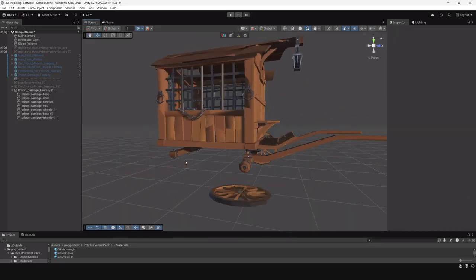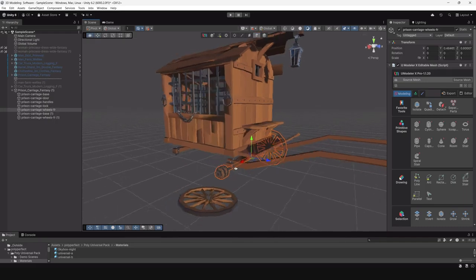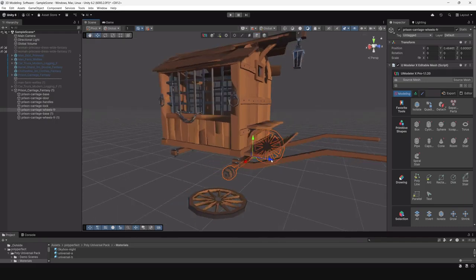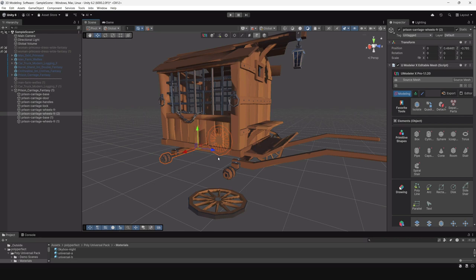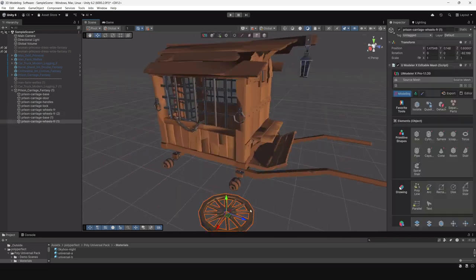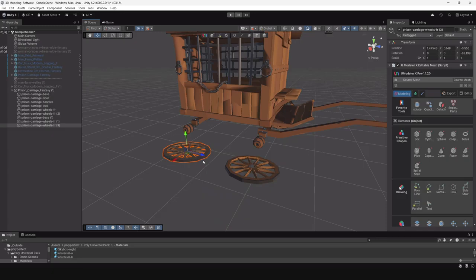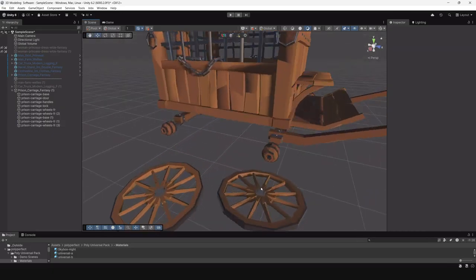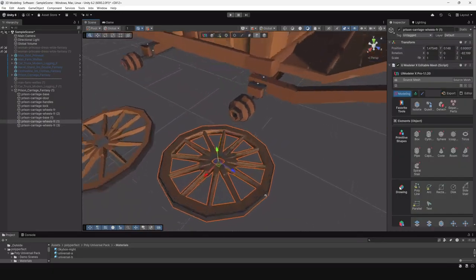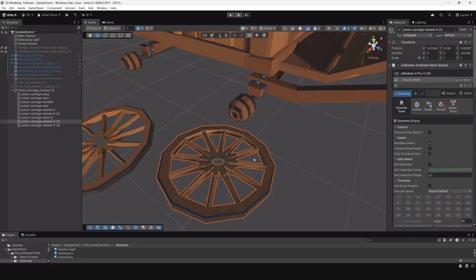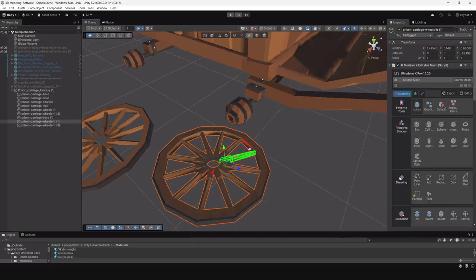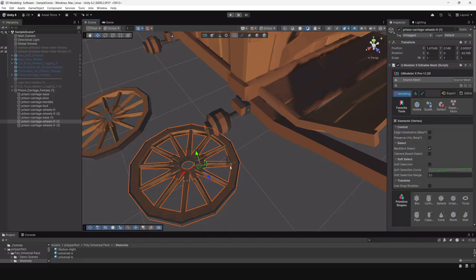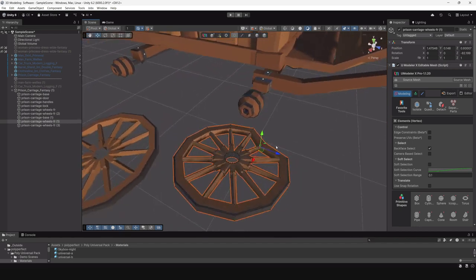Now, what I could do is simply delete this and take this and copy, paste, and just move this to the back like so. And so now I can just take this wheel and duplicate it, because maybe the wheel is broken, whatever the case may be. And there you have it. So now we have two broken wheels there. And if you want, you can even take it a step further and actually edit the spokes of the wheel so that you can start to make unique changes to that. So it's really up to you. You can add it and you can make changes to it to really make it look as if it was